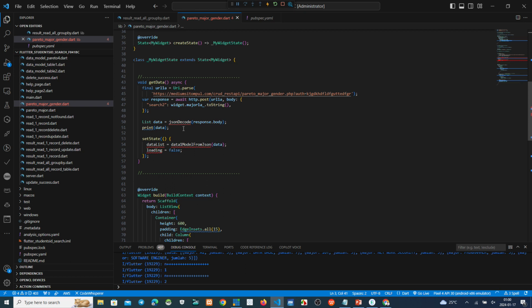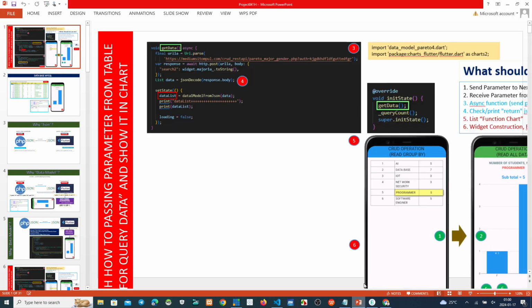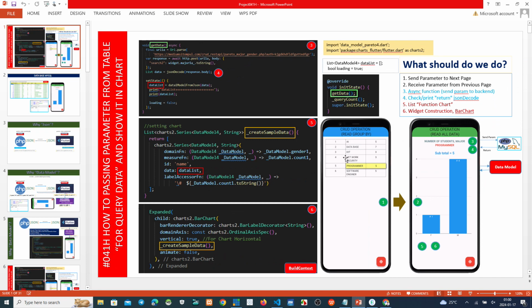JSON decode. JSON decode, this is to encode data from the front end. I mean, send data from this to this one, and then receive this data, and then decode the JSON.